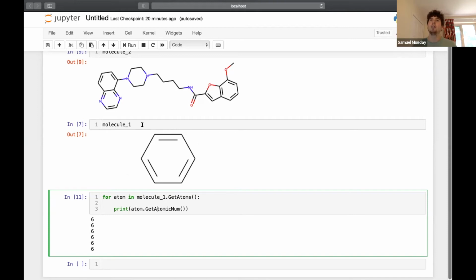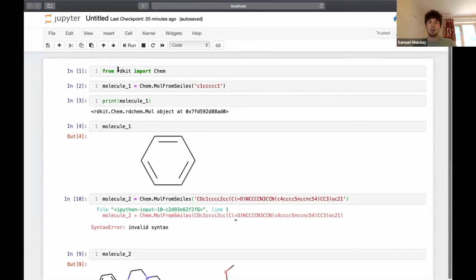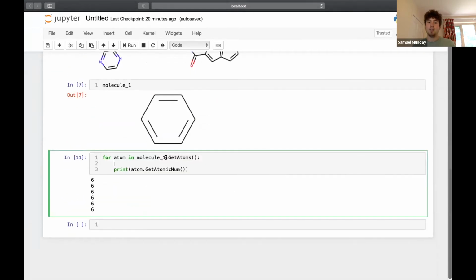We are going and we are looking at everything in it. We are then saying, right, the thing we want to look at is molecule 1, and we want to call from the RDKit chemistry library the getAtoms function. And this function is just something that takes in our molecule 1 and